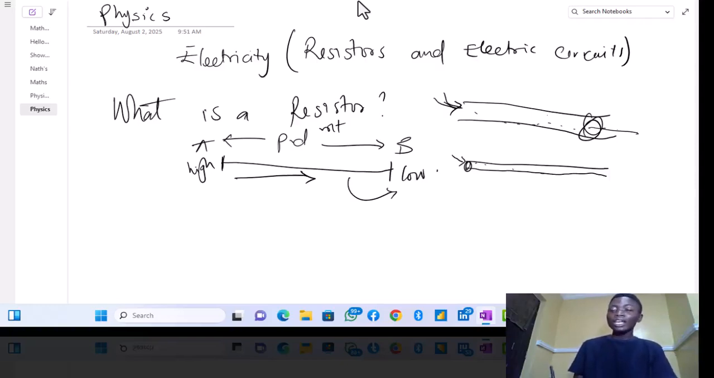So now, when water is flowing through this pipe, don't forget there are two things that are in place. Potential difference, because obviously water is coming from this end. So this end has higher potential compared to this place which has a lower potential. So water will flow from higher potential to lower potential. And so, let's say